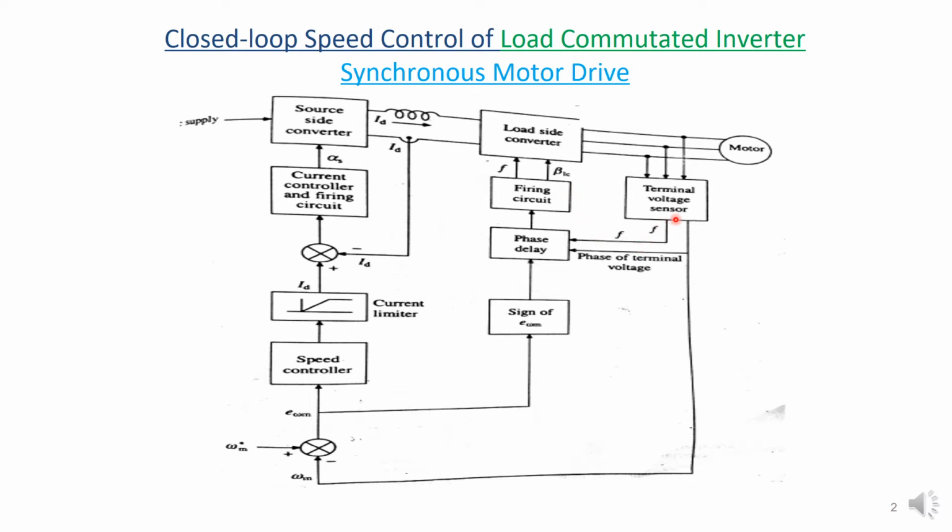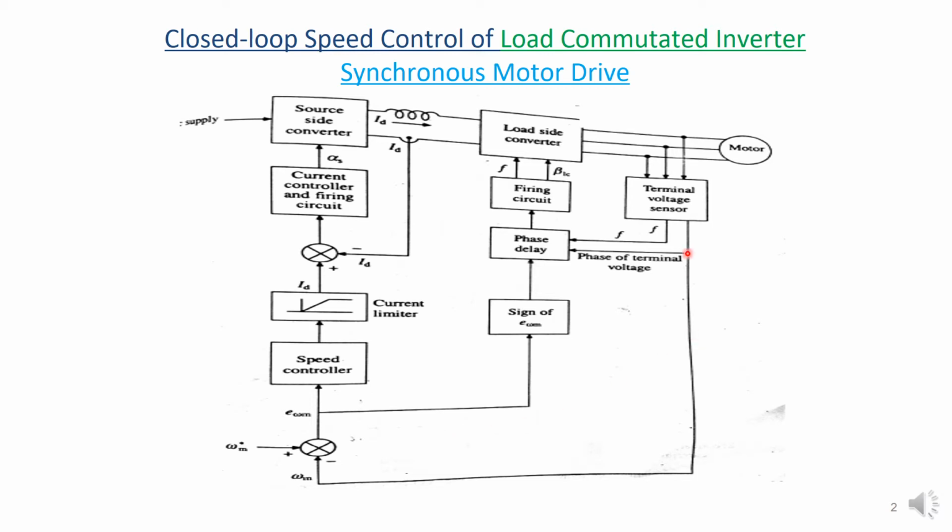And whenever the speed sensor reading is lesser than the reference value, the error of the speed is positive. So here you can see the sign of that error signal is positive, which gives the motoring operation. So the BLC is going to be positive. Whenever the speed is greater than the reference value, the error signal is negative and the BLC is set for braking operation.